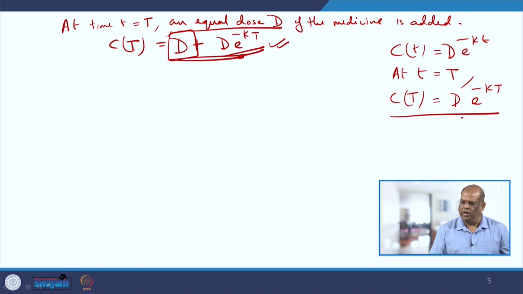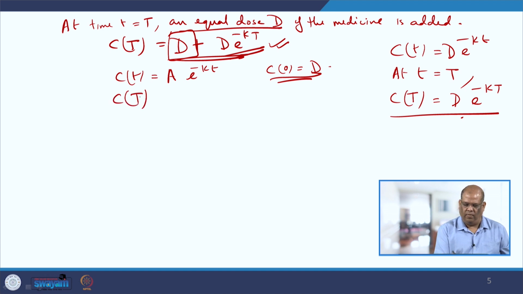initial condition changed. So, your equation was C(t) equal to some A e to the power minus kt. You used the initial condition that C(0) is equal to D. But now you have to use the initial condition that at time t equal to T, your C(T) is D plus D e to the power minus kT. And if you do that, then